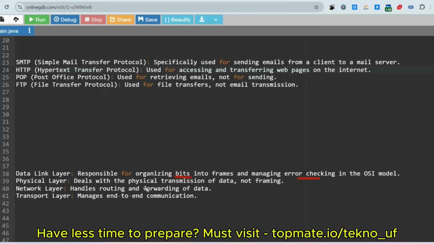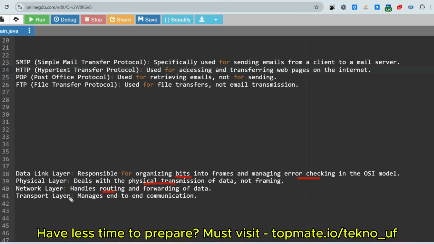The physical layer deals with the physical transmission of data. The network layer is useful for handling routing. Routing is the key terminology for the network layer. Remember, bits relate to the data link layer, the physical layer relates to physical transmission of data, and the network layer is important for routing.